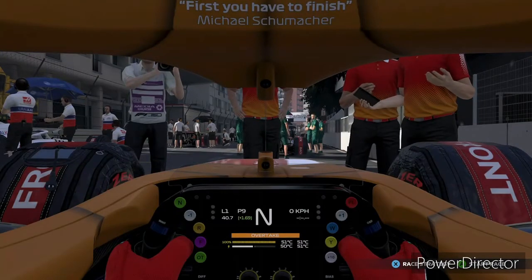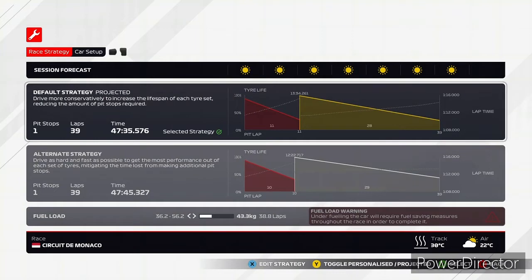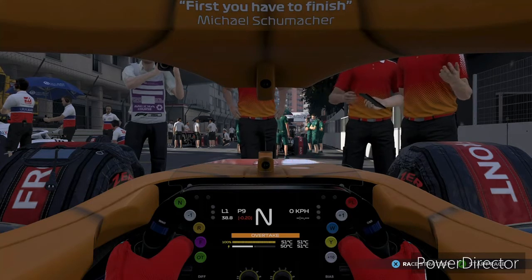So here we are then on the grid in P9 for the Monaco Grand Prix. We're going to look at the race strategy. A 1-stop, interestingly, is what the game has given me, from a soft to medium or soft to hard. I'm going to go soft to medium, and we're going to put 0.2 laps under of fuel. Of course, we're going to use the personalised thing. And now, as Sergio Perez picked up a penalty, he's now starting behind us from qualifying P1. And we've got Mick Schumacher alongside us in P8. We're starting P9, so let's get into the